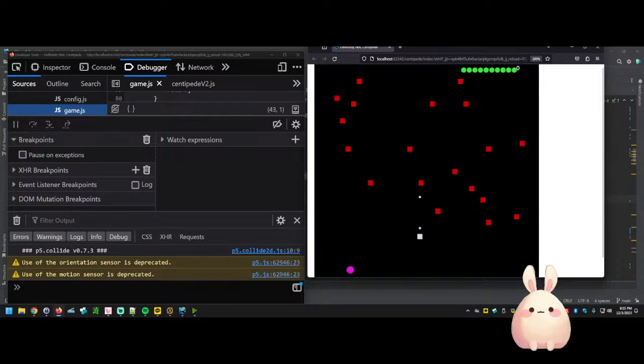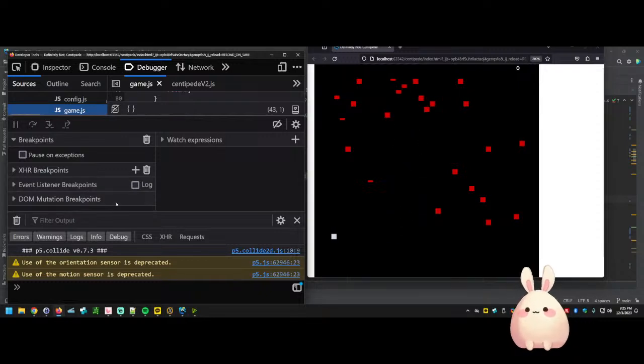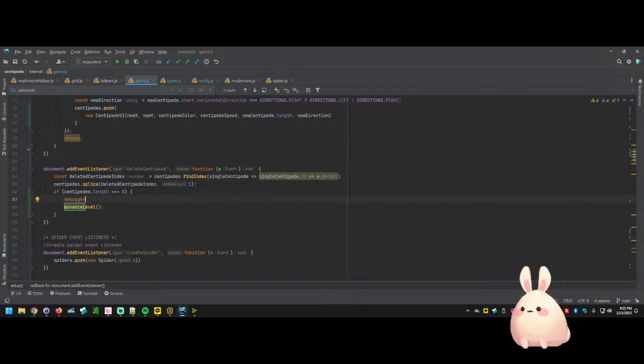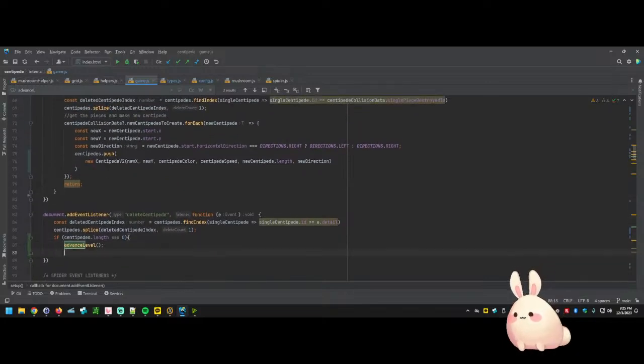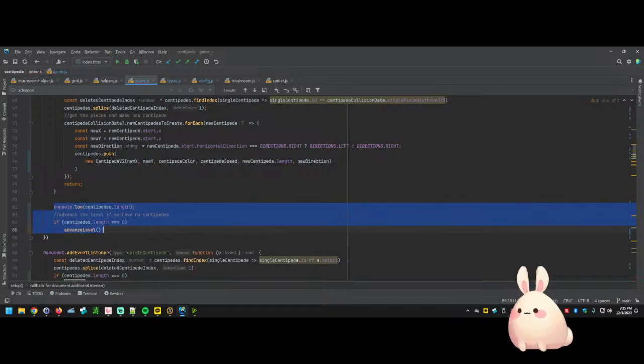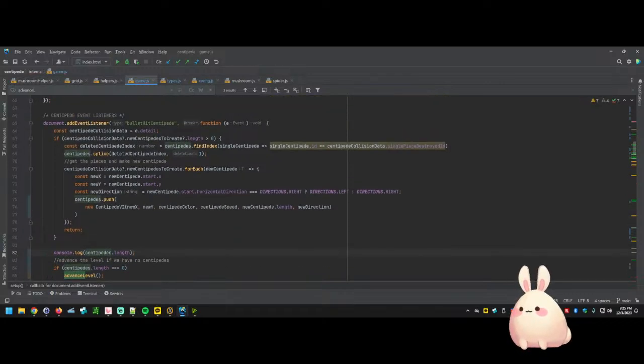Let's try deleting a bunch of mushrooms. Nope, didn't get hit, even though we've hit the delete centipede event listener, at least I think we have. So let's put you back where you were. So we've bullet hit a centipede, and then